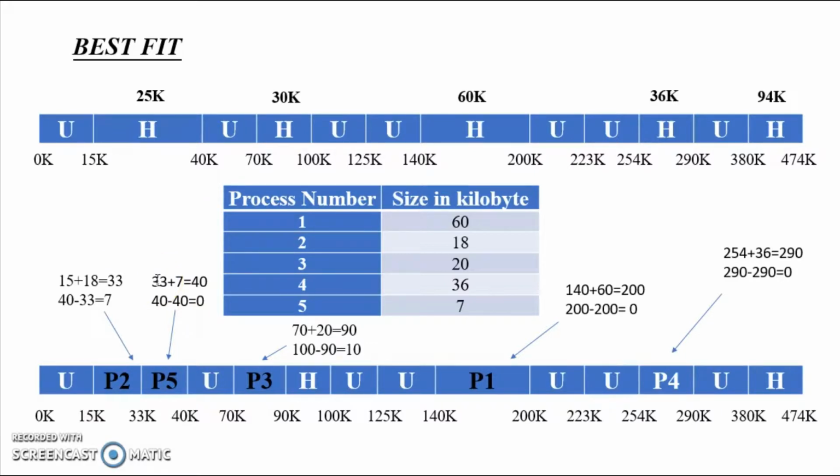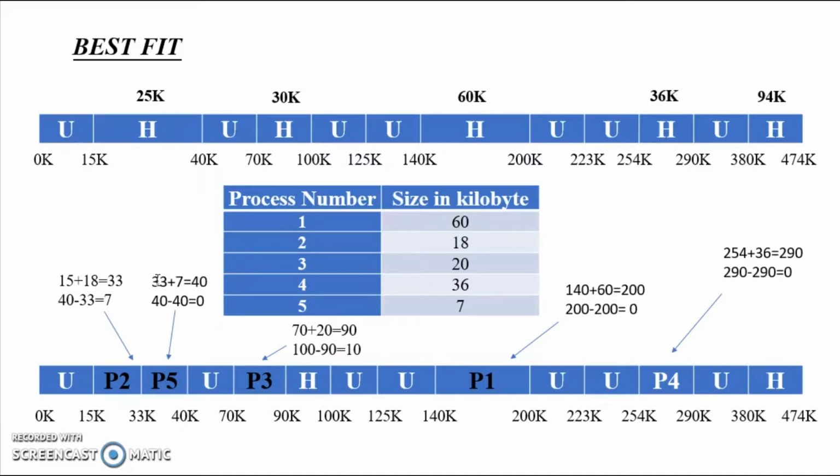This time process number 3 is 20 kilobytes. And we search for the first hole. The first hole this time has only 7 kilobytes, and the second one is 30 kilobytes, and the third one is 36 kilobytes, and the last one is 94 kilobytes. We have to pick the smallest one, which is 30 kilobytes. So we place our process 3 into the second hole,